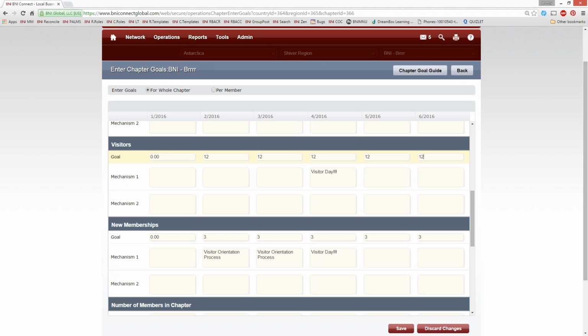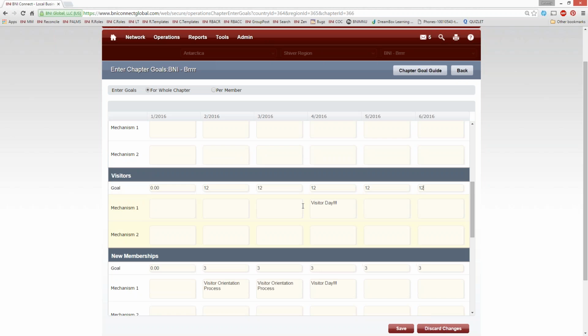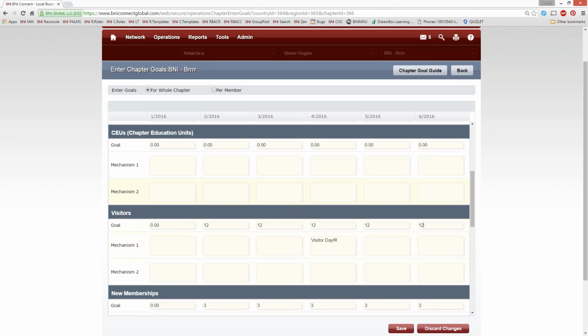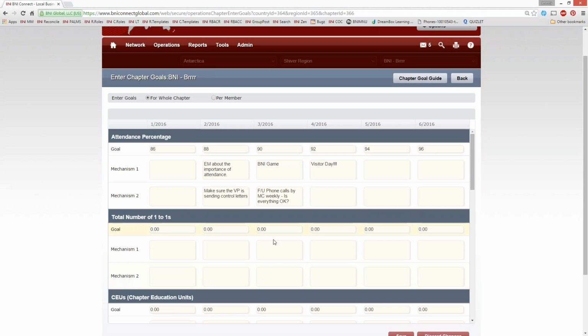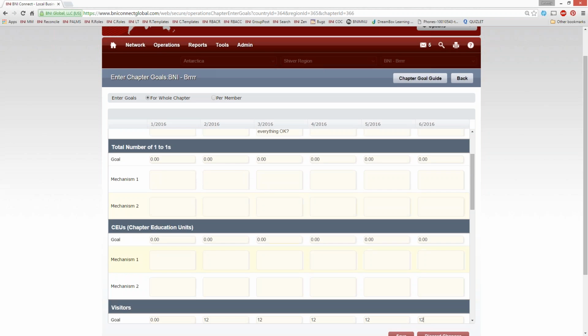And as always, you can make this more accurate by keeping in mind visitor days and things like that. And there are a ton of mechanisms to support visitors as well. So moving on, we have our number of visitors. Now we can start looking at the actual performance of the chapter from a member perspective. So total number of one-to-ones,